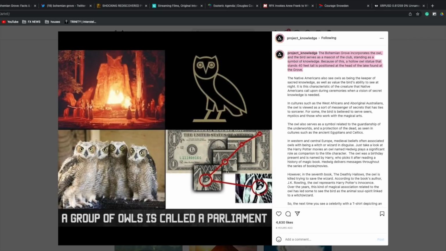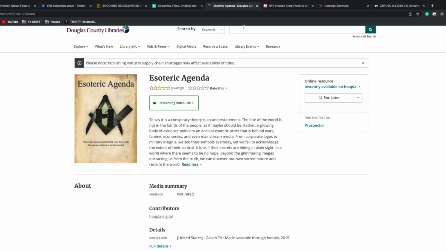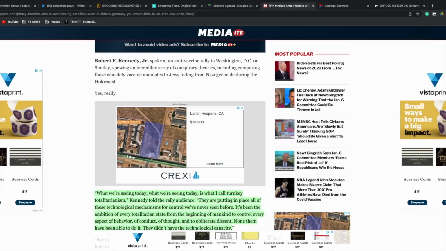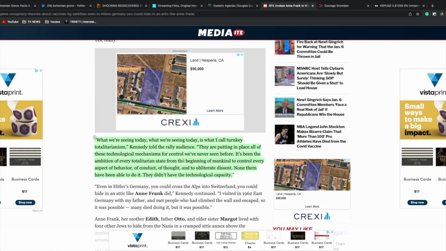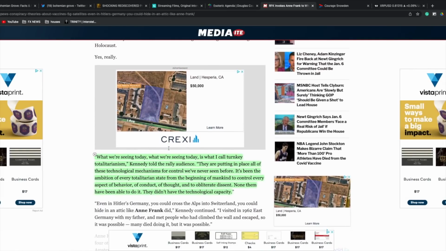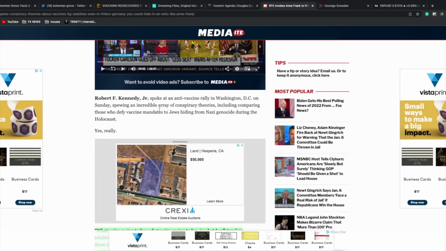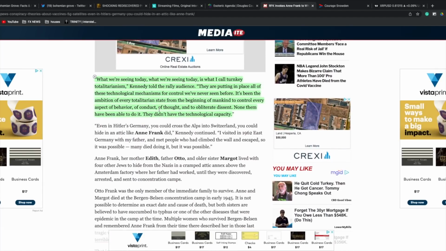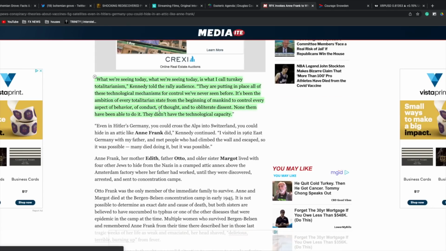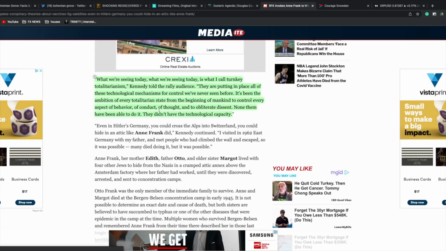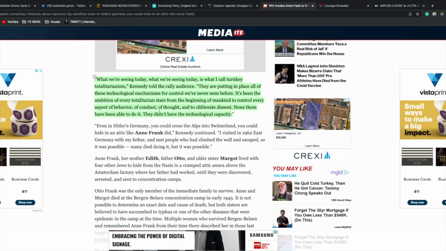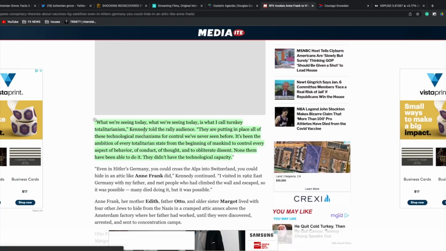Okay, again, piecing things together, you guys can go and do your own personal research. Now, moving on, another little article that I have here. I'm not entirely sure if you guys are aware of what's been going on at the Capitol, but there was a rally the other day, and RFK Jr. spoke at that rally, and he had some very interesting things to say, considering that I've put out information surrounding my personal opinion that has been taken down on YouTube surrounding the prolonging of the holding of XRP, the artificial suppression. Now, if you guys don't know what's going on, I can't sit here and say that it is happening or isn't happening. That's my personal opinion, and I can't voice that. But what I can do is read this article for you.